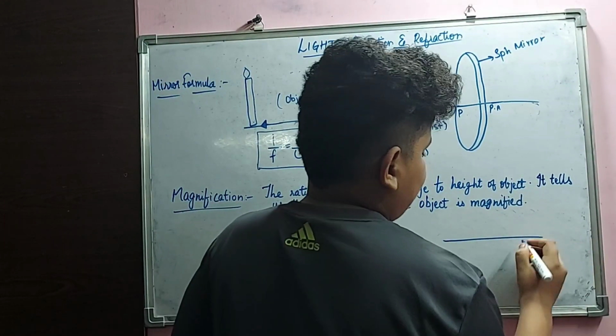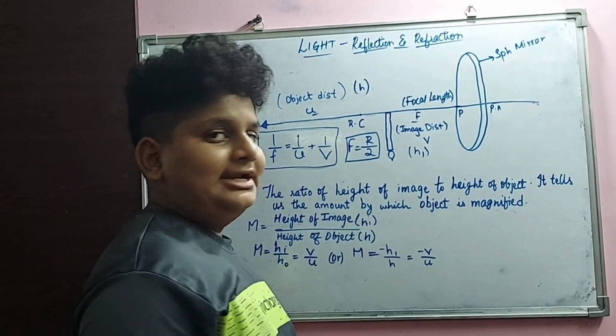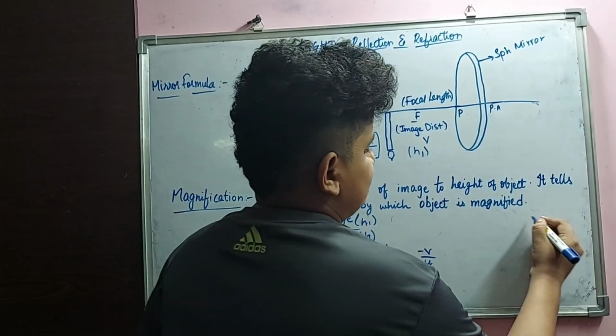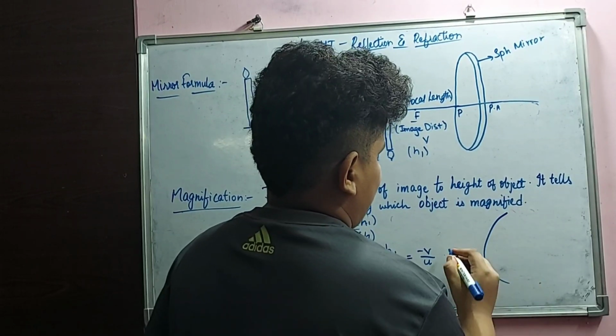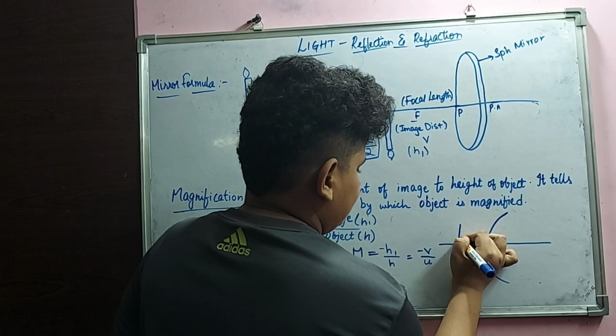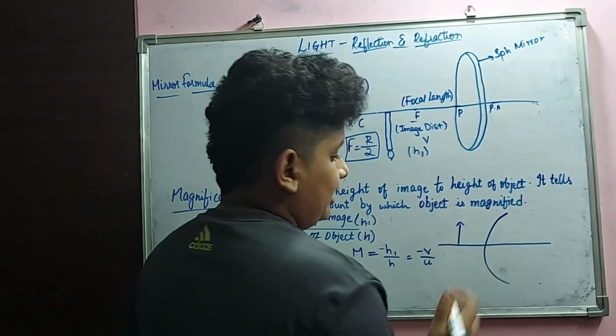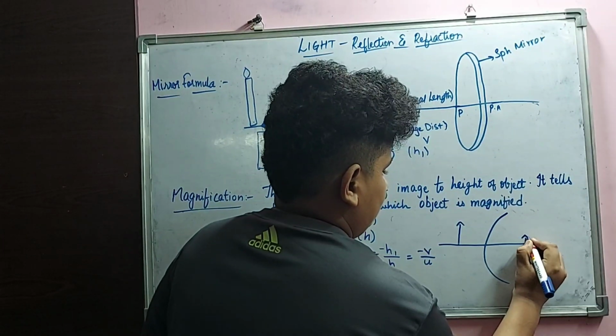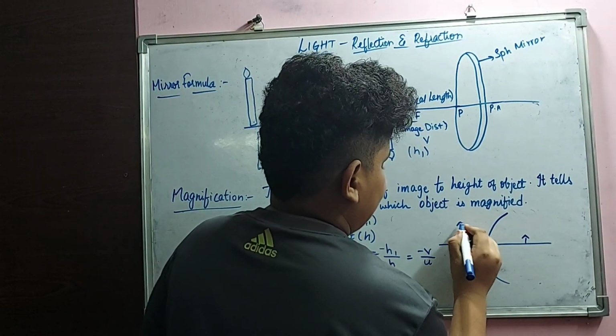If this is the principal axis, let us now see the convex mirror. Here is the convex mirror, and this is the principal axis. If this is the object, then the image formed is small and diminished. So the ray diagram will be